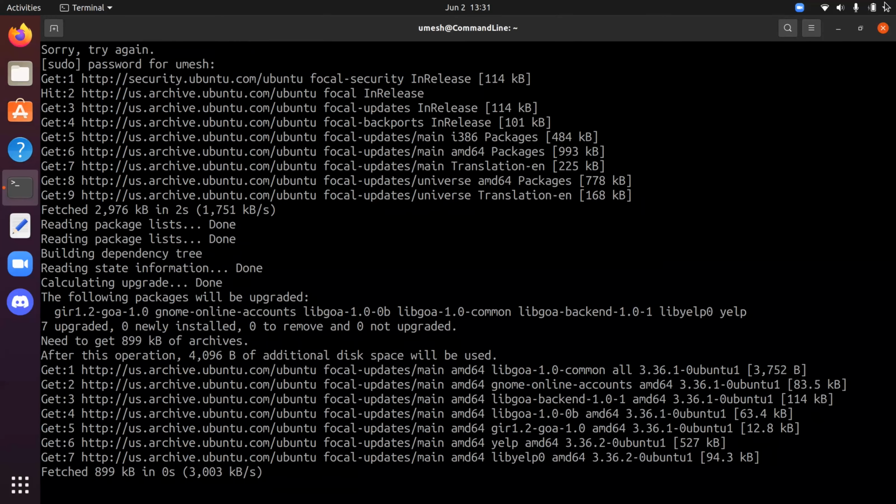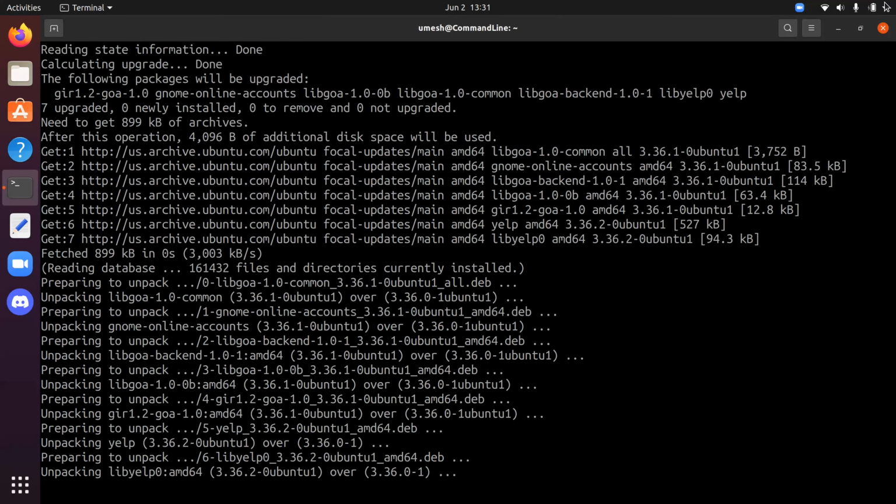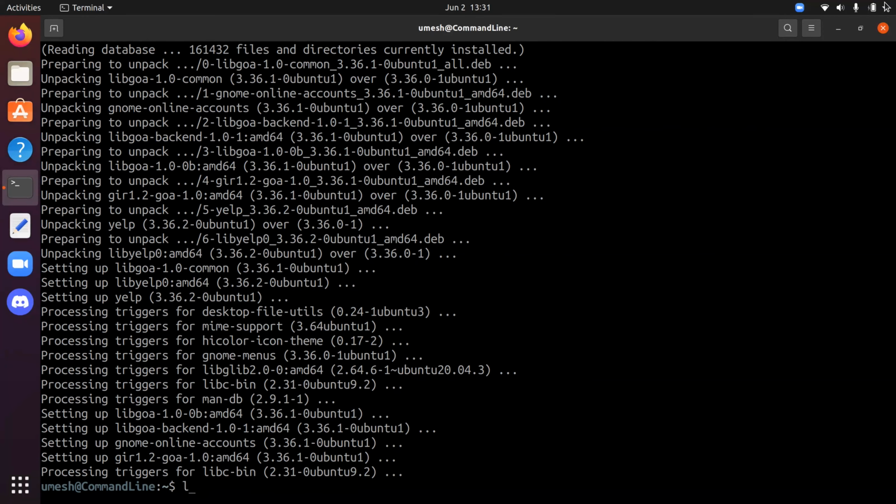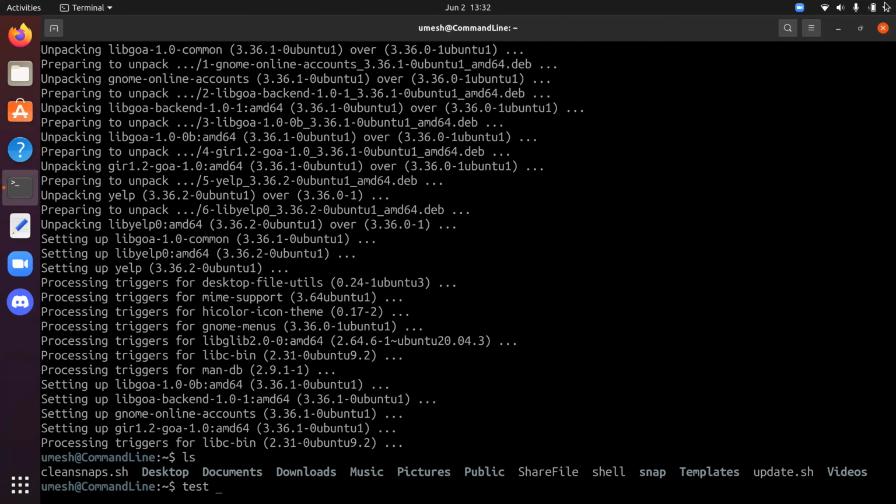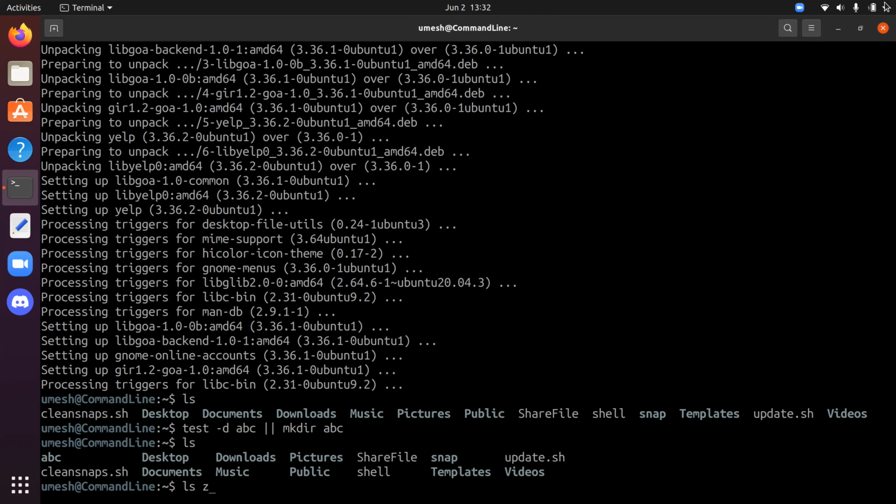And you can also do an or condition. So this is and. You can also use an or condition. Let's test if I have a directory named ABC, and if not, then create one. In this case, it's an or condition. If the first condition fails, then the second runs, and it created a directory called ABC. Similarly, you could do ls xyz, or if it does not exist, create one. In this case, the first command didn't run successfully, but it executed the second command and created a